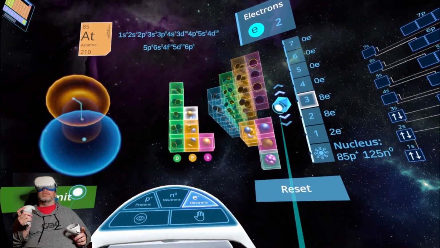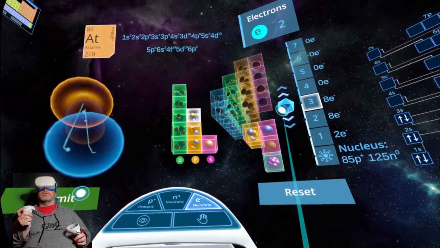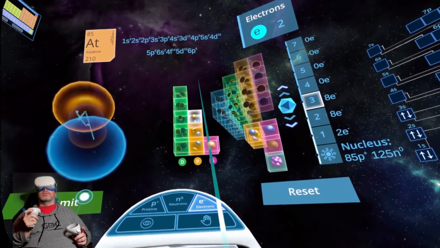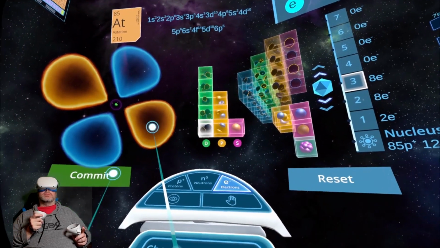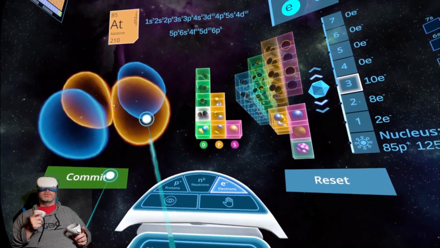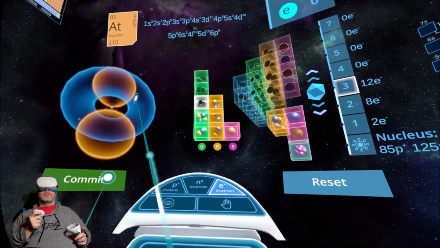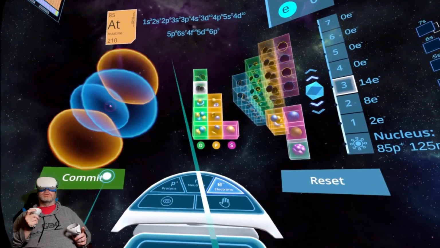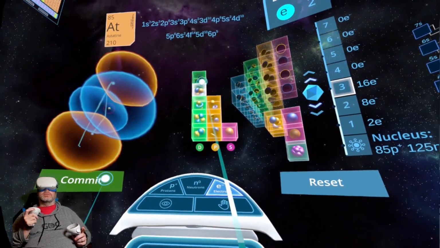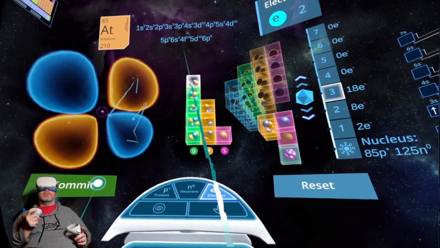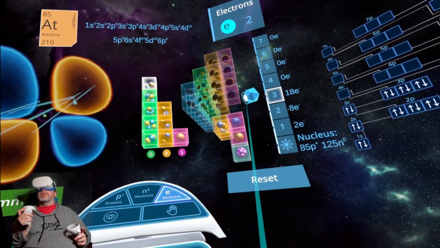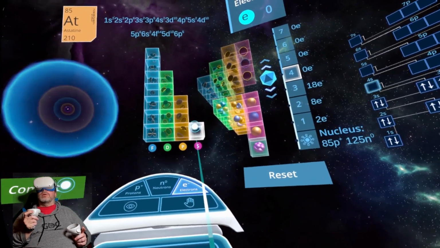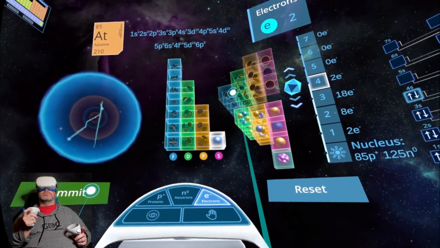Then 3d times 10. So we've got 1, 2, 3, 4, 5, 6, 7, 8, 9, 10. Then we've got 4s times 2,